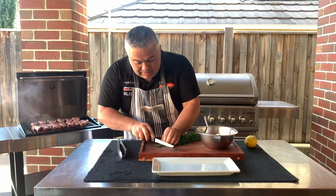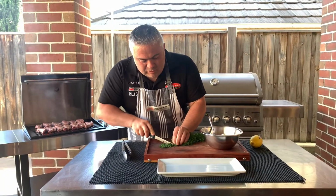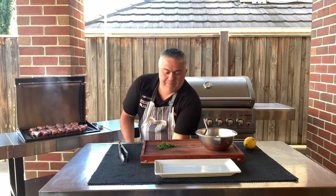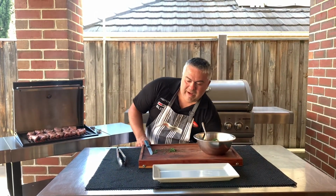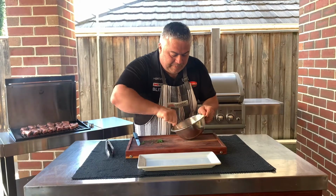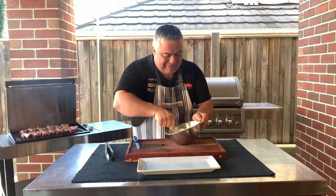There we go. We'll grab the mint, just cut it up. Any knife will do. This is what I just found below my workbench. And we'll just put it in like this. That should be enough just there. Put it in just like that. We'll move away the other lemon for now and give it a bit of a mix, just like this. There we go. So we've got that in, and that will be ready to place just on top of our